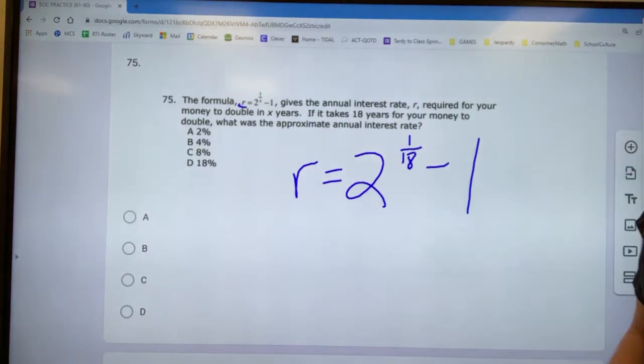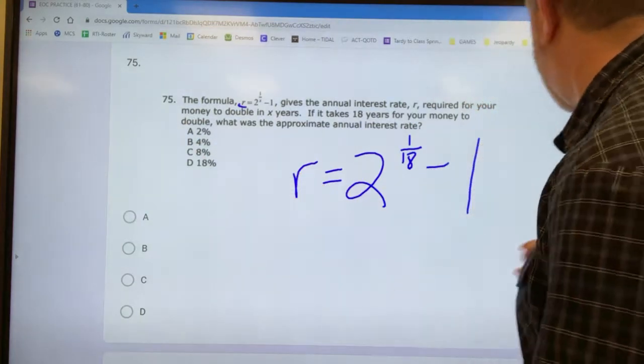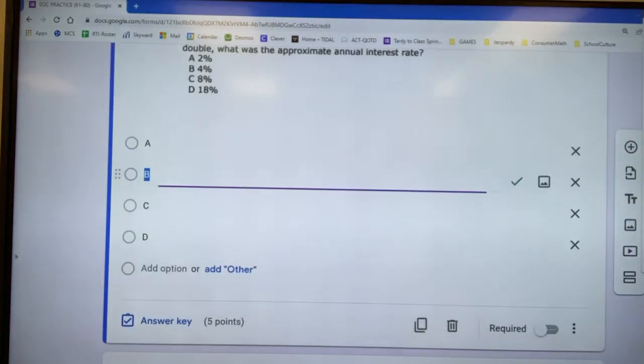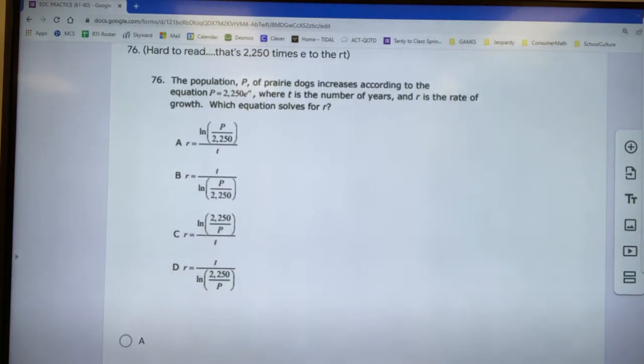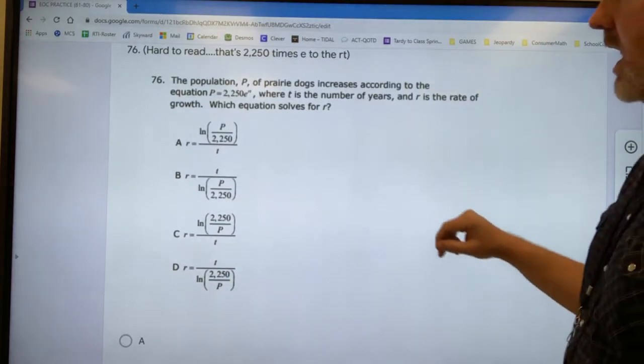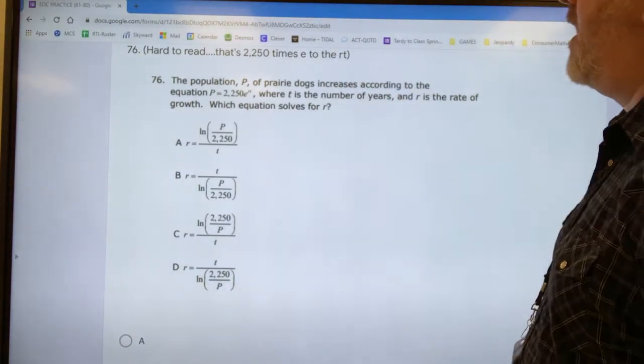2 to the 1 over 18 minus 1 ends up being right at 4%, okay? Of course, it's a decimal. It's like 0.03 something, but you've got to round it. Turn it into a decimal first and then round it. Okay, this is